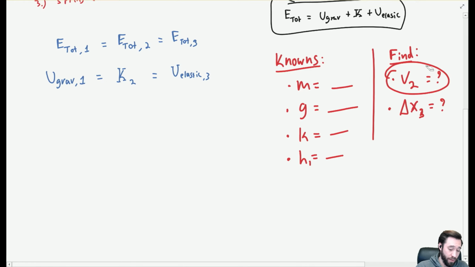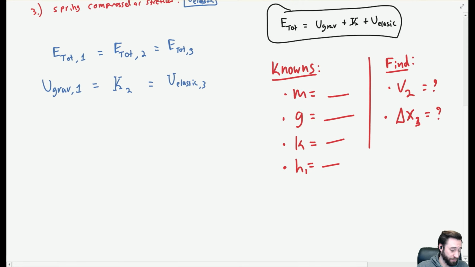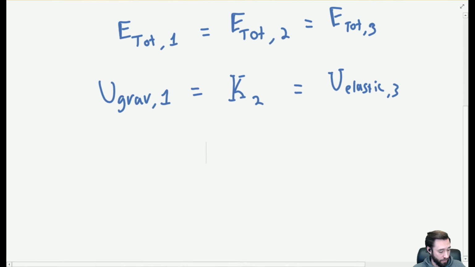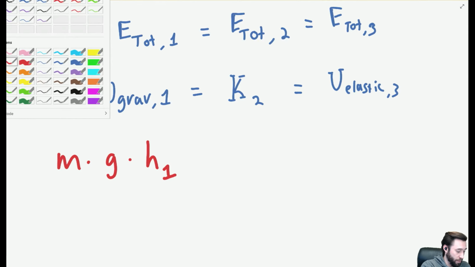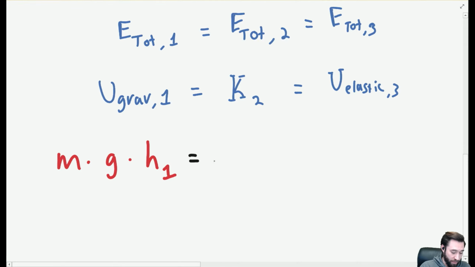So I'm going to substitute in what the formulas are for ugrav and kinetic. So ugrav is just mass times gravity, and because it's at state 1, this is going to be H1. That's going to be equal to